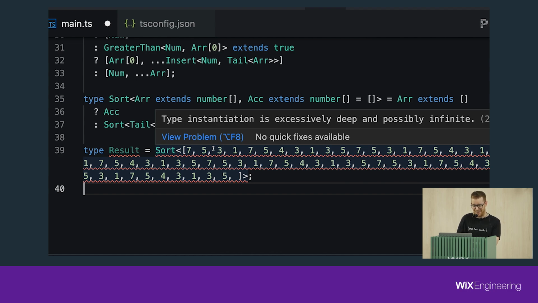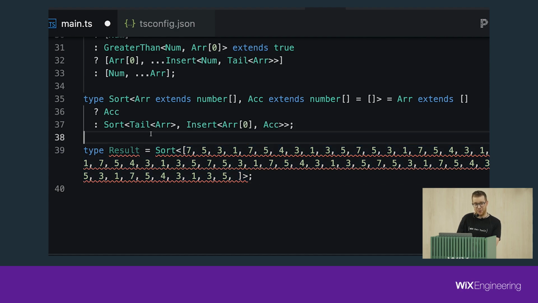I've fought with it relentlessly. This is: type instantiation is excessively deep and possibly infinite. The problem is basically, which we wrote, not very efficient code. In languages where recursion is the way, and here recursion is the way, there is